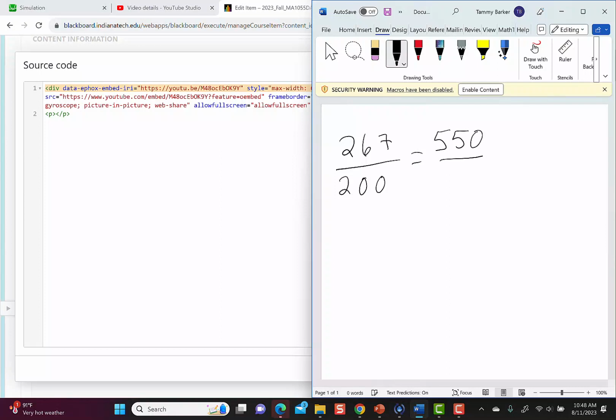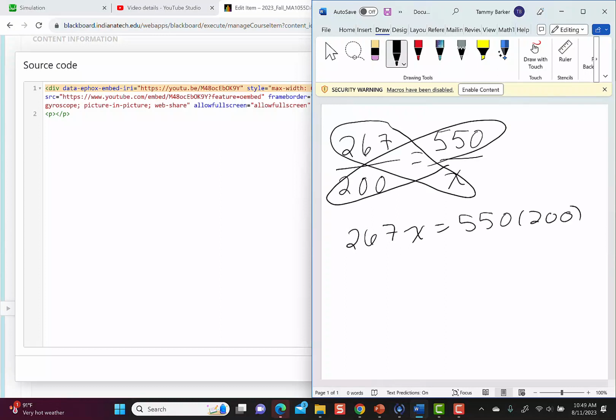And then I have to say, well, what's my height going to be? I know it's going to be smaller, like 200 is smaller than 267, but I have to say how much smaller. So I have this nice little ratio, and I can cross multiply. So I have 267x is equal to, let's do 550 times 200. So now I have 267x is equal to, and this is really big,